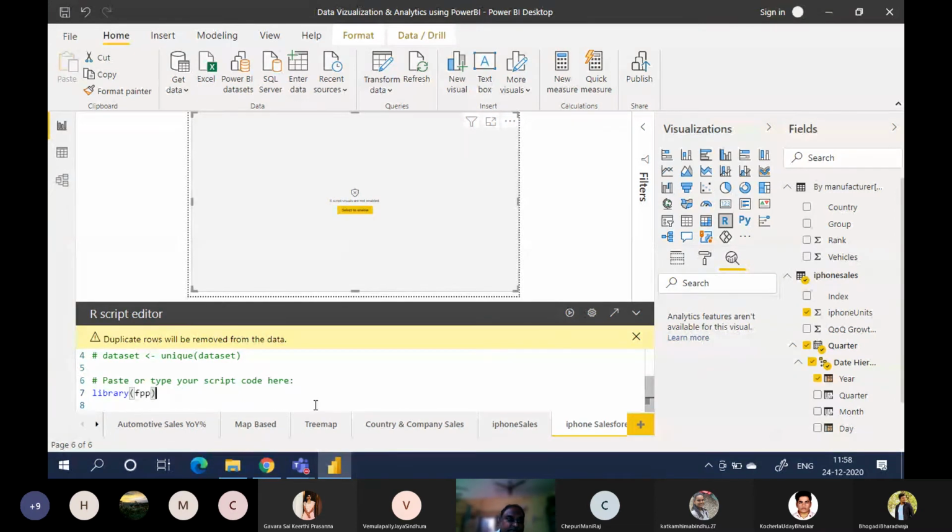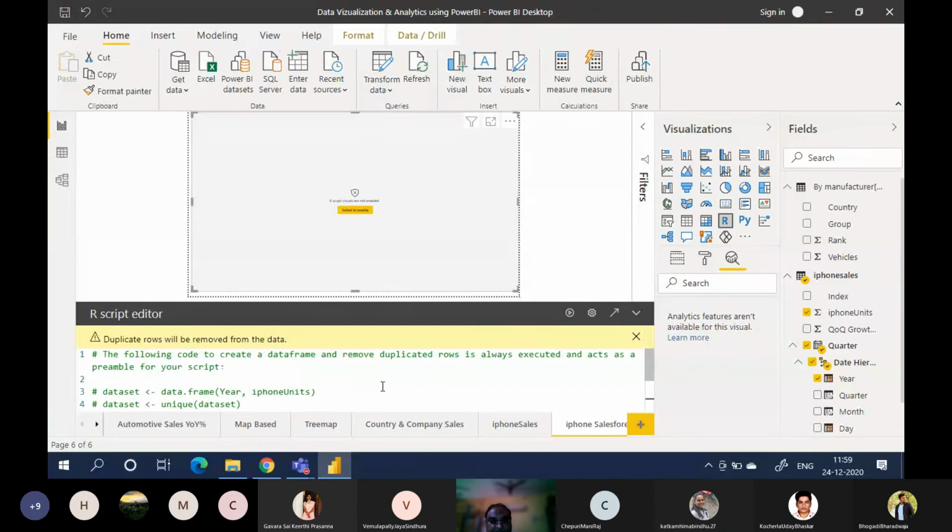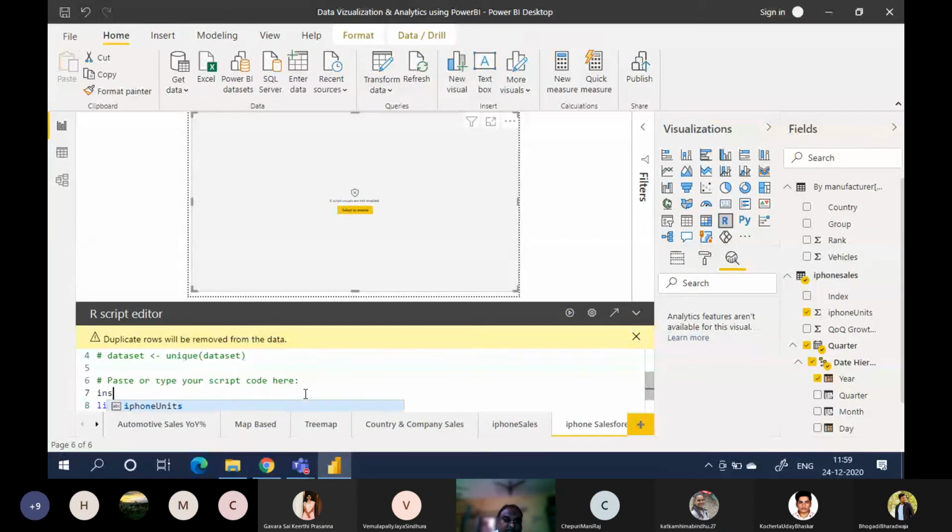Okay, we have added library fpp. iPhone forecast is equal to auto.arima. I think there is no fpp package here, so we have to install.packages fpp.